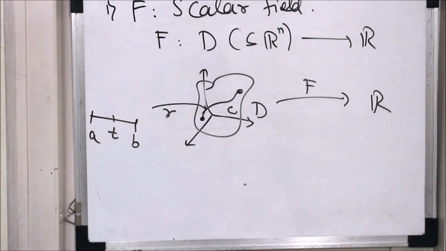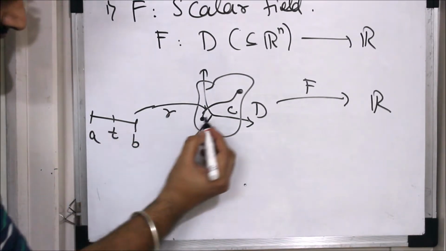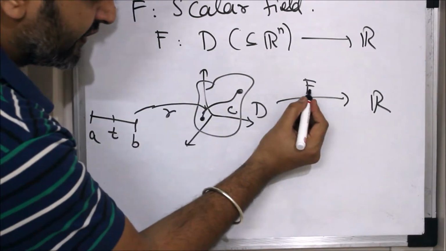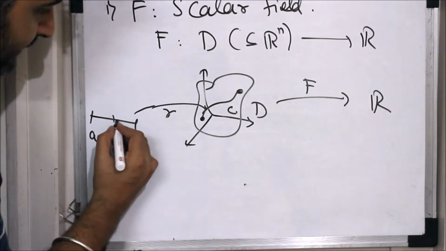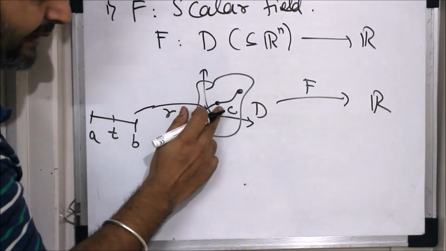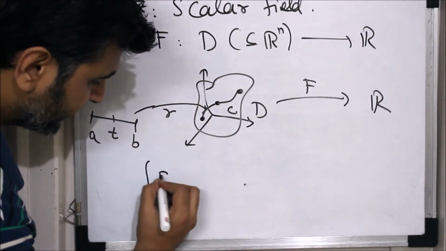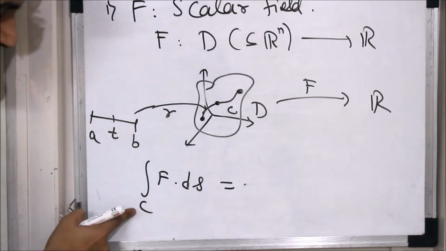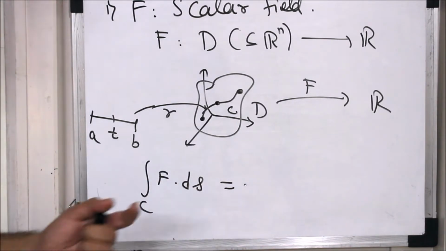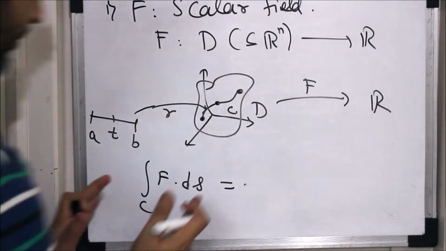I define a function on this interval a to b such that the image of this function r is nothing but this curve. So evaluating a function over the curve is the same as evaluating over this domain t. Why? Because any point on the curve can be obtained from this function by putting in the value of t. So I want to integrate f over the curve. This is the standard notation. f is a scalar field, C is my curve, and ds is the small increment, which comes from Riemann theory. I'm not going into that detail, but that is the ds. One can take this as the standard notation of a line integral.